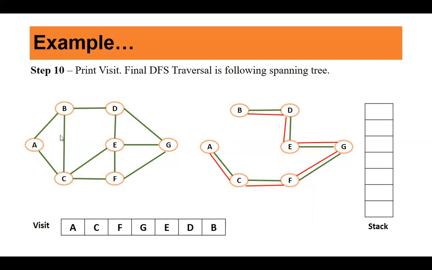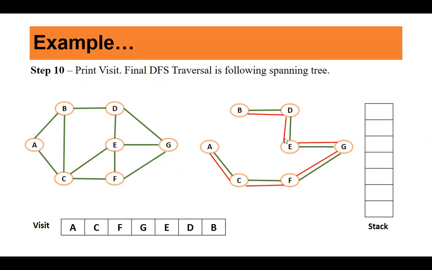So what is pushed in? B and C are pushed in, right? And then again you pop out the topmost vertex from the stack. Check if it is in visit. If it is not in visit, add it to the visit, and then its adjacent vertices which are not in visit are pushed onto the stack. Now suppose you pop out a vertex which is already in visit, then you just discard it. Don't push in anything adjacent to it. If it is not in visit, then only you add it to the visit and push in its adjacent vertices onto the stack. Fine. If you look at it, it's a spanning tree.